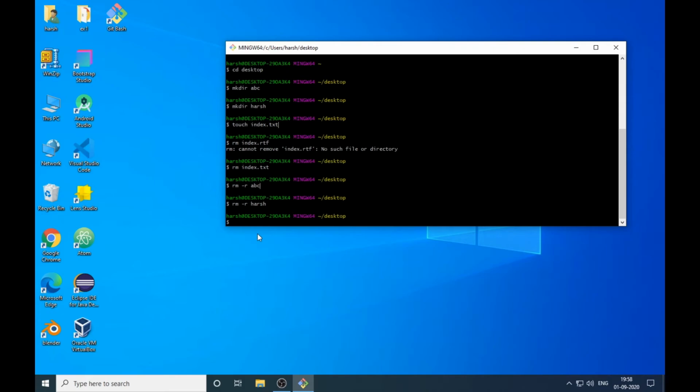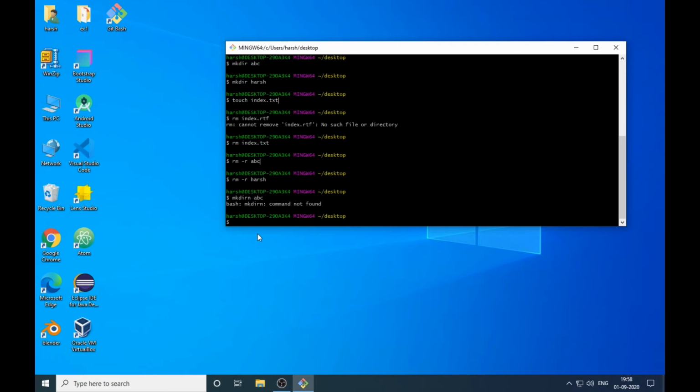So the next thing is, what if I have a lot of files and folders as well? Like right now I'm creating a folder, let's say abc. I made a mistake, mkdir abc.